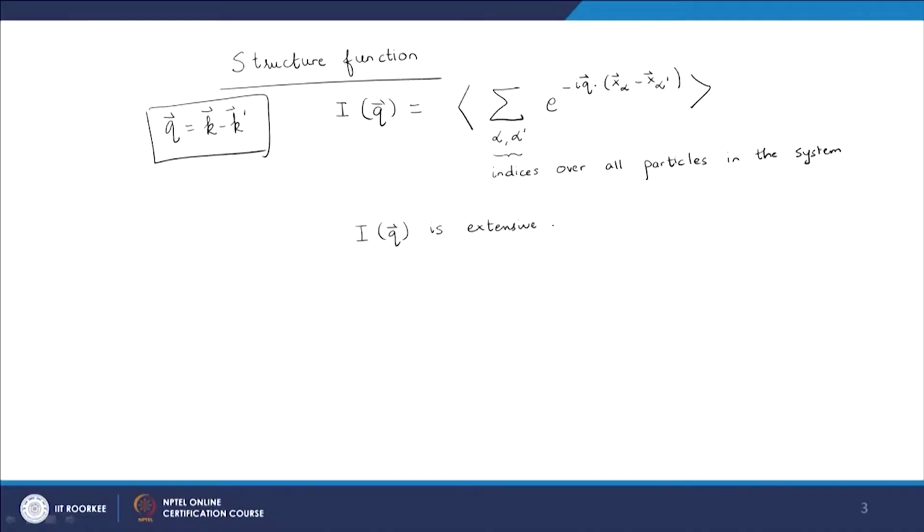So, we want to have a measure that is independent of the number of particles. Let us call the number of particles n. So, we can define an intensive measure that is known as the structure factor